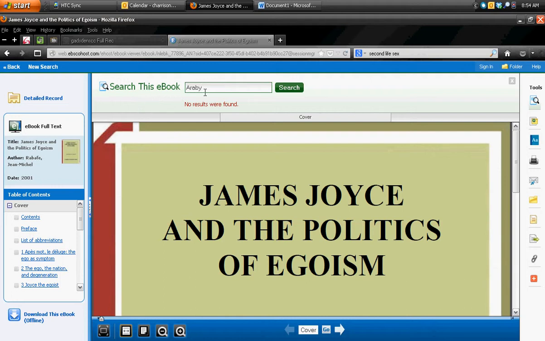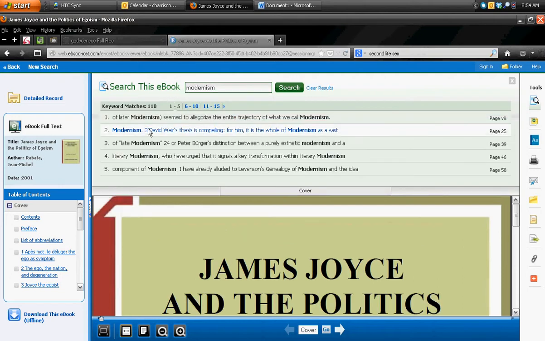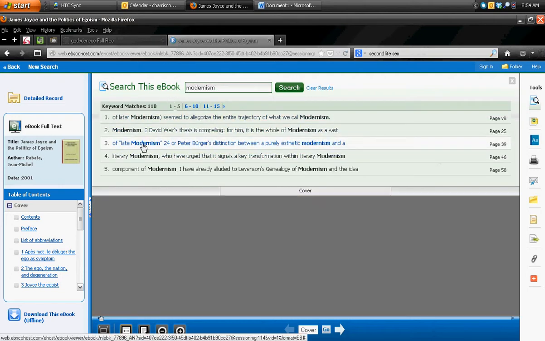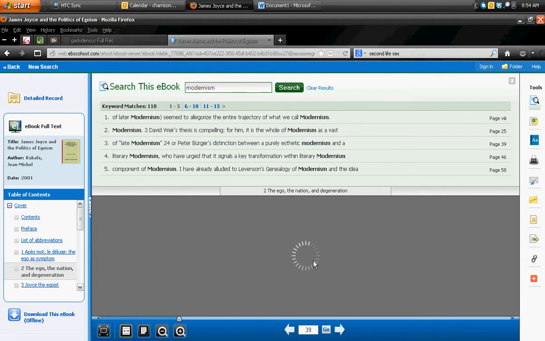But suppose it did. Let's do this real quick and do modernism, and just take a look, randomly, at a particular page. Obviously, I don't necessarily need this whole book. I don't necessarily need the physical copy of it, but I may want to borrow this particular chapter. Once this one finally pulls up, let's give it a moment here.